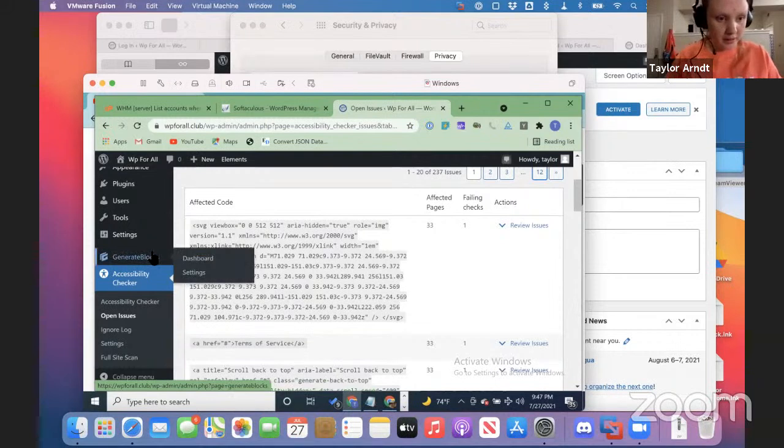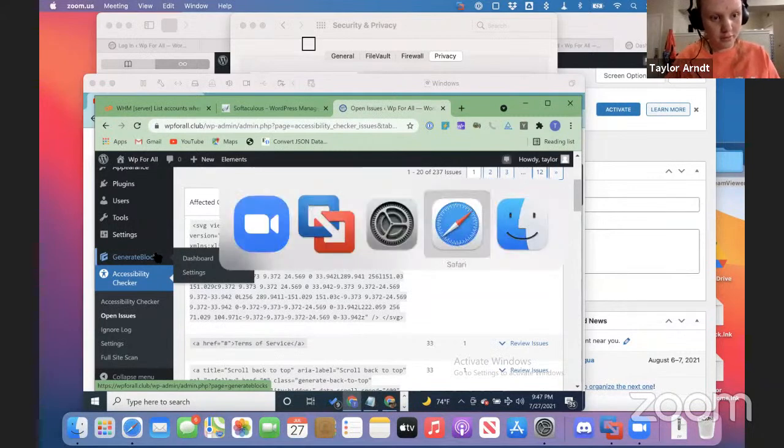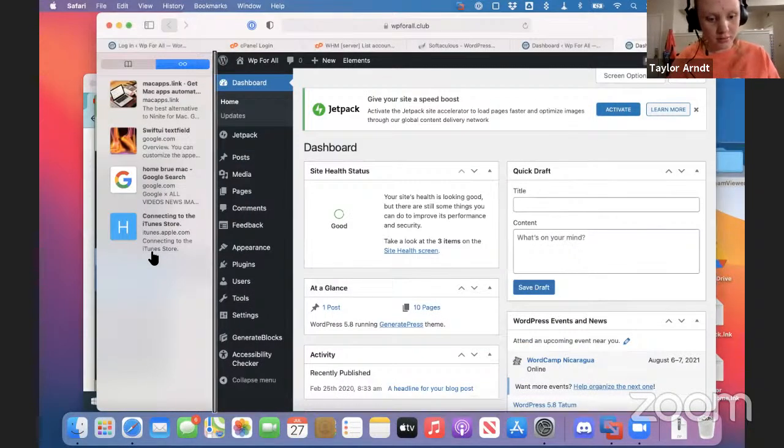So let me get out of my VM. VoiceOver on. System Preferences, Safari, dashboard. And guess what? I'm already in my dashboard. That is awesome. I'm just going to leave my VM open. Yeah, I have to leave my VM open for chats. So, I don't see any chats, or I haven't heard any come through the stream. So, let's see what we're going to do with the Mac.